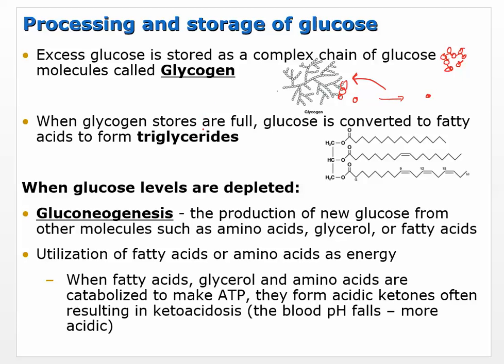When glycogen stores are full, so we've had this excess glucose, and then let's say we're in the liver. Well, once we've made all of the glycogen that we can make, then we'll start turning that glucose into fatty acids. Okay. So it's converted into fatty acids, and then we'll make triglycerides out of that. And we'll send those triglycerides to adipose tissue. So the thing to remember is that any glucose that your body has, it's energy. And really, that's what the body wants, is it wants energy.